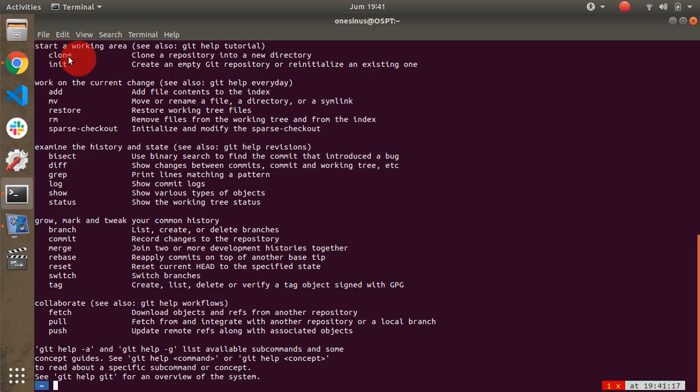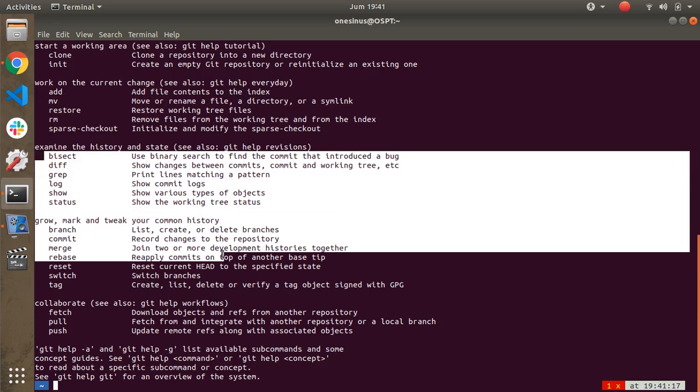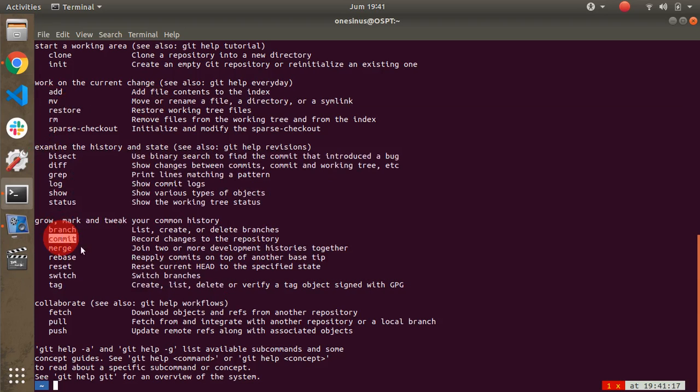You can use git clone, git init, git add, git mv, move or rename file, git restore, etc. Git branch, git commit, git merge.